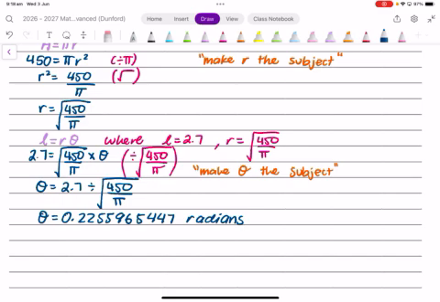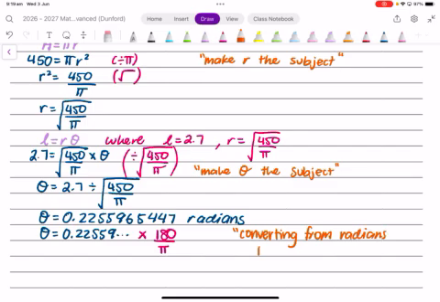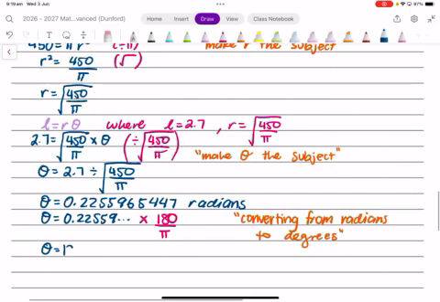So what we have to do from here is go that theta equals 0.22559... And to get it from radians to degrees, we multiply by 180 on pi. So what we're doing here is we're converting from radians to degrees. When we put that into our calculator, what we'll get is that theta equals 12 degrees 55 minutes